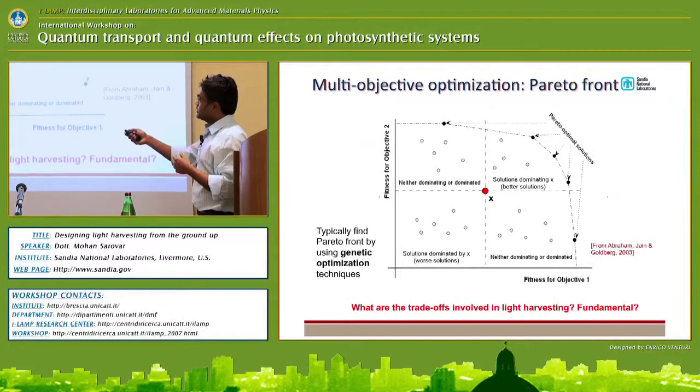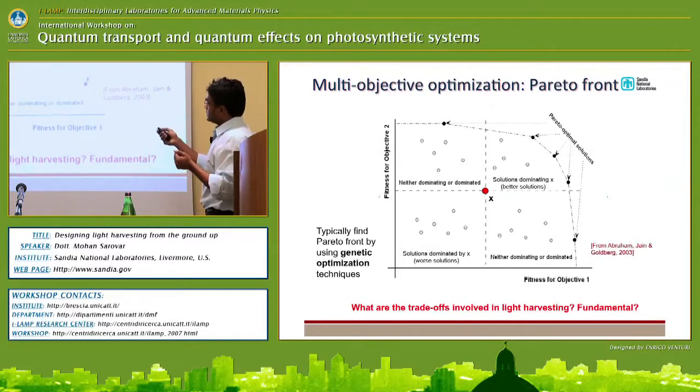There's a certain set of points, and this is a maximization problem. You want to maximize both of them. Ideally you'd like to be way up here, maximizing objective 2 and objective 1. But what you find typically in these systems is that you can't go all the way to this corner. There's a front, and this is called a Pareto front,